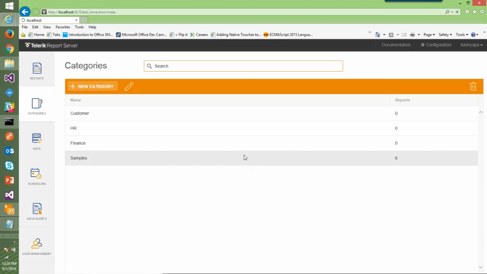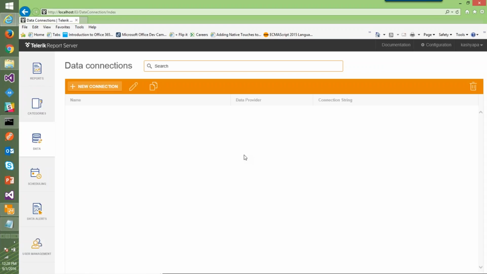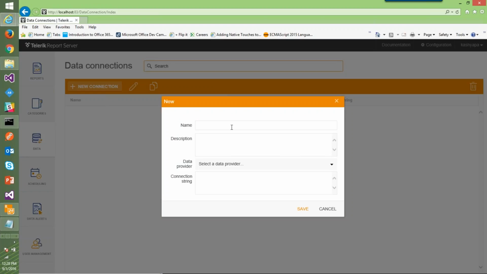Plus I can also go ahead and maintain connection strings here, right? The concept is when you are designing the report, you are on your own laptop or your own desktop, correct? But when you run it on the server, the data connections may be completely different. So what you can do is you can set up a new connection string here, and you can say that, you know, let's say this is an Adventure Works connection, I'm going to say AW connection. That's an Adventure Works connection that I have. So add